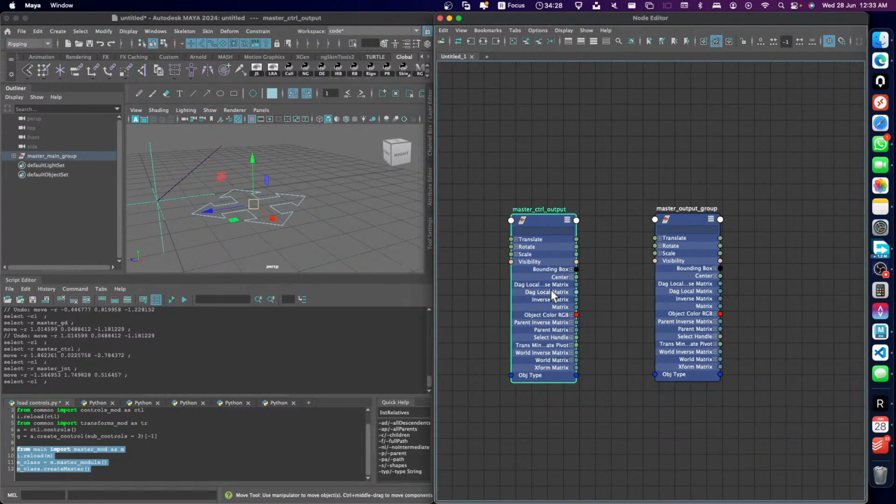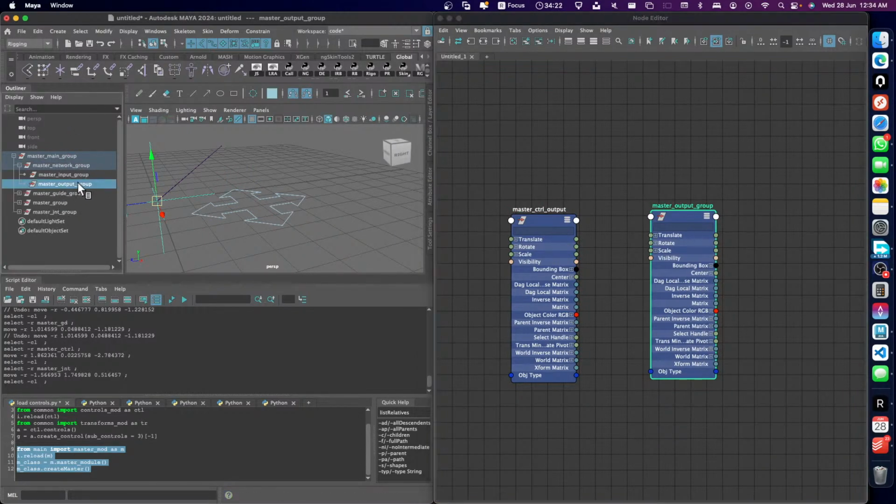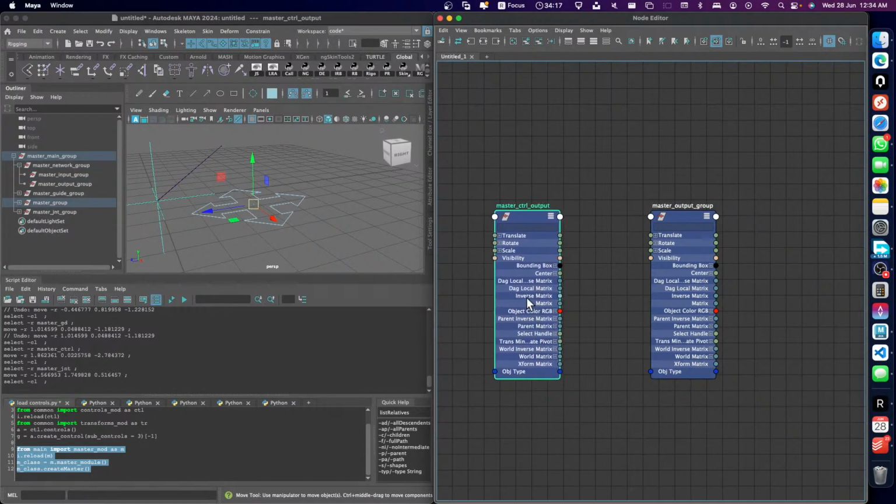Alright, so this control outputs to master output, right? Our master, this thing, output one. So now we need to create the attributes for this control. If you're going to have at least 5 or 10 controls in each module, right? For example, the arm has one IK, then 3 of those FK, then one setting control, so like 7-8 controls and sub controls, 15 controls, right? So to transfer the data to the next one, to simplify our workflow,